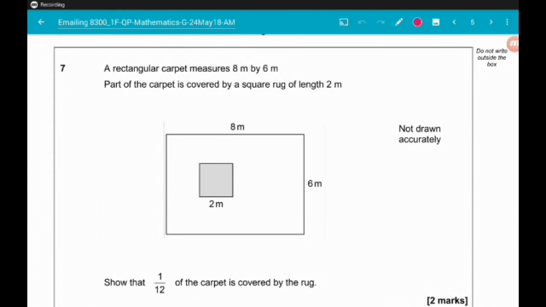Question 7. A rectangular carpet measures 8 meters by 6 meters. Part of the carpet is covered by a square rug of length 2 meters. We want to show that 1/12 of the carpet is covered by the rug. So